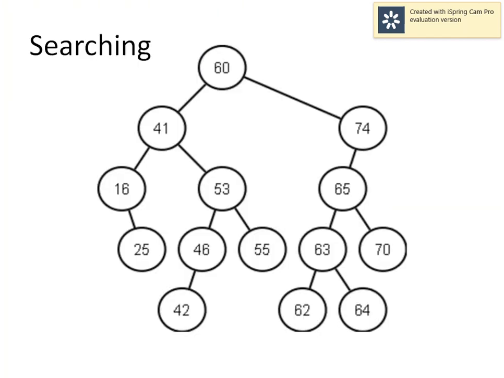So with this, we have completed the traversals in binary search tree. There is one more traversal, that is level order traversal. You can try to attempt it on your own. We are not going to discuss it in the course. So the next function which we have to discuss is the search operation.